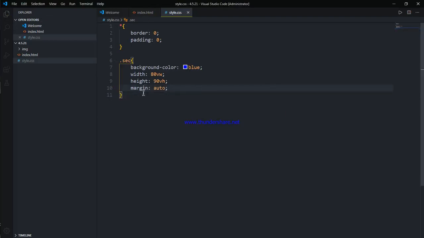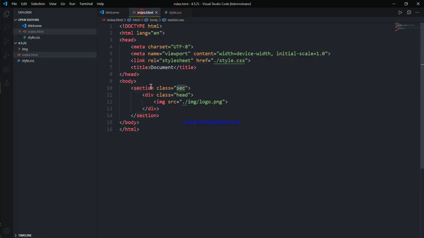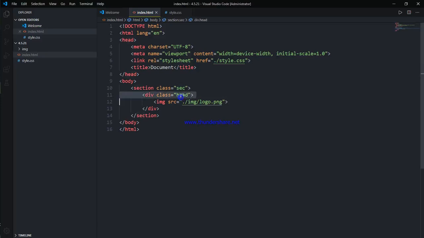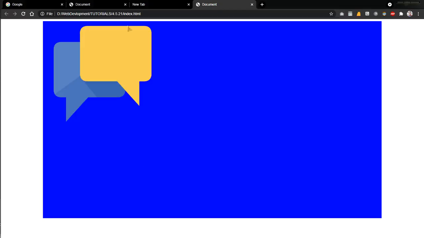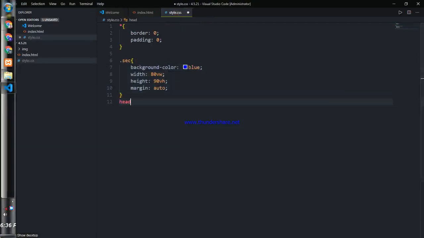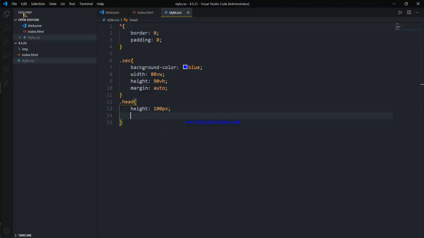So now we can work on the head. That is .head, height something like 100 pixels, and width will obviously be 100% of it.